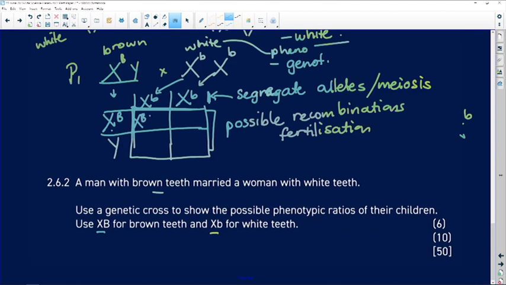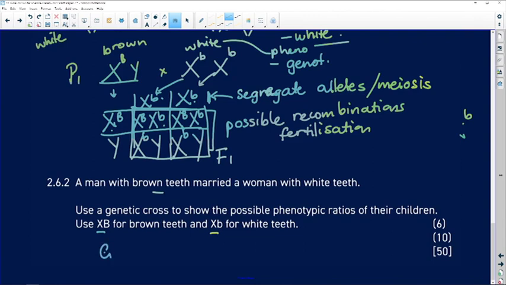XB, Xb. Same thing. XB, Xb. This is going to be XbY, and this one is going to be XbY. So our filial generation is going to look like this.